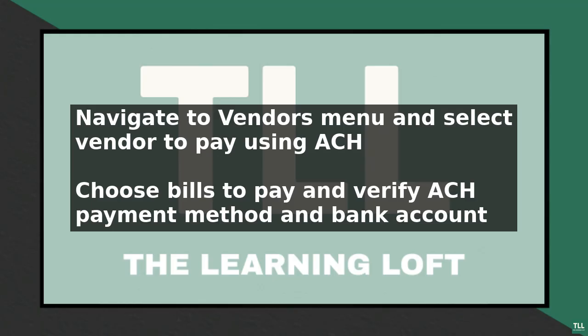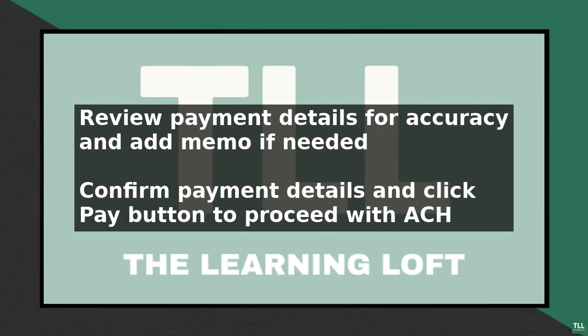After reviewing the payment details, click on the Pay button to proceed with the ACH payment. QuickBooks will then prompt you to confirm the payment, at which point you should review the payment details again to ensure everything is correct. Once confirmed, the ACH payment will be processed and sent to the vendor. It is essential to note that ACH payments typically take a few business days to process, so plan accordingly to